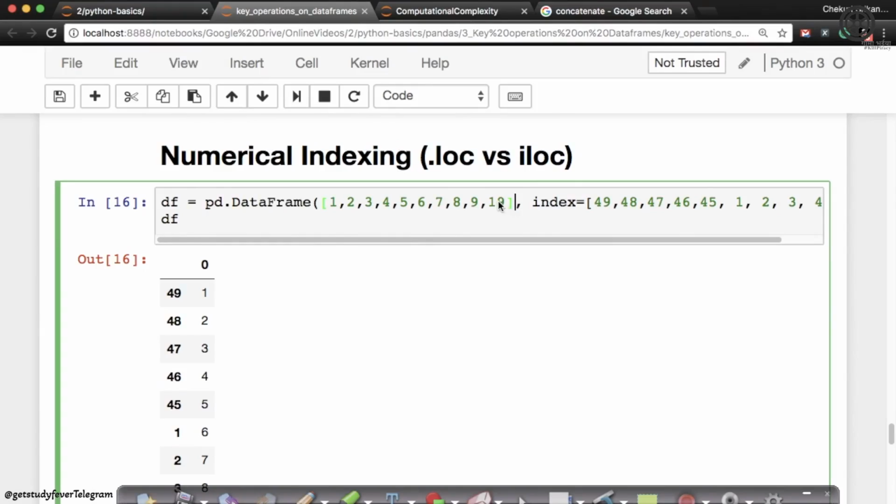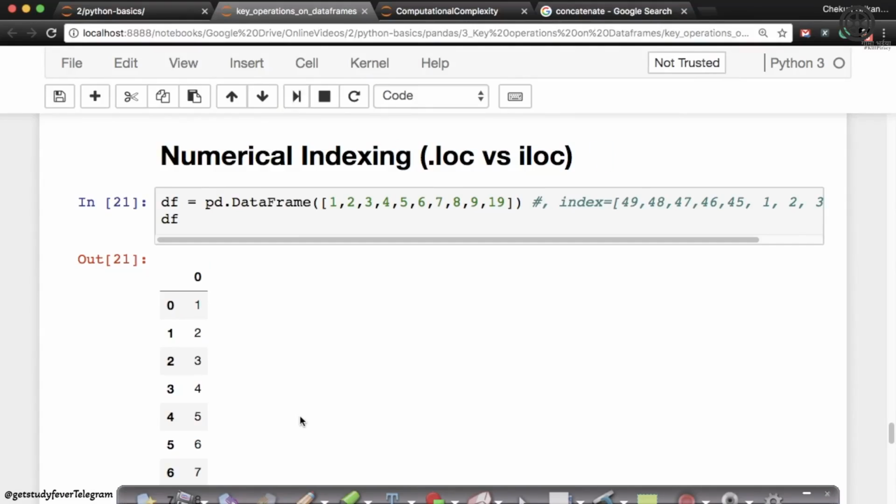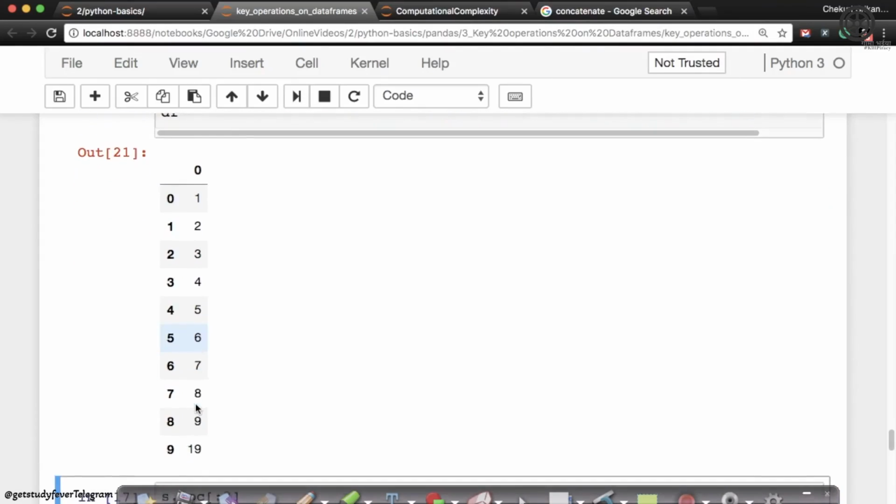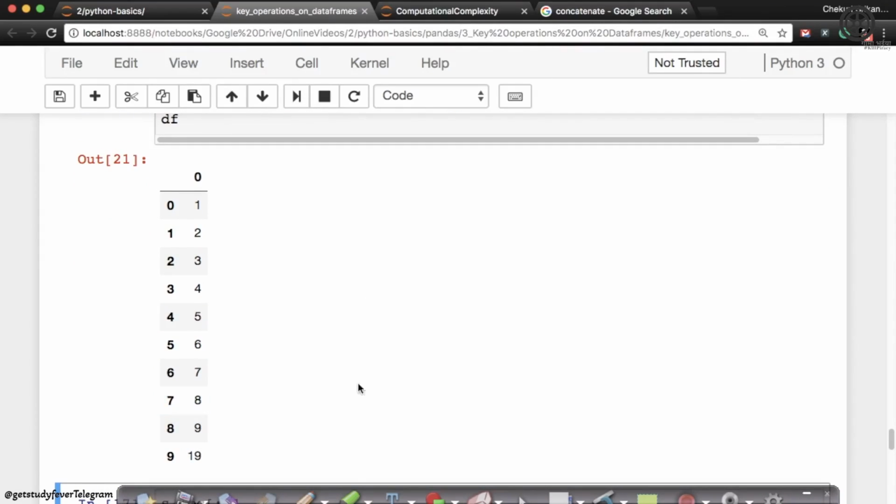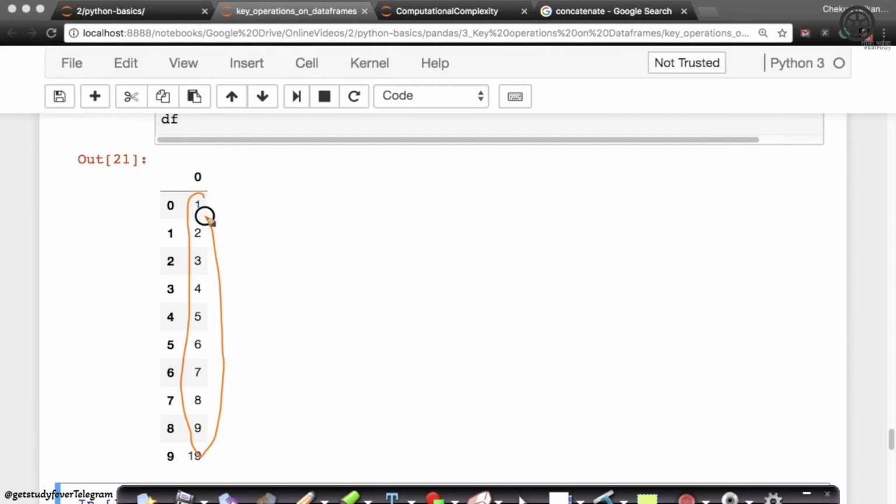Let me run the same command without the index, so that you understand what's happening. When I create this, I get all of these values. This is my actual data, one column of data, and this is my index. The index numbers are the same as the row numbers: row 0, row 1, row 2, similarly row 9. This is the default indexing.